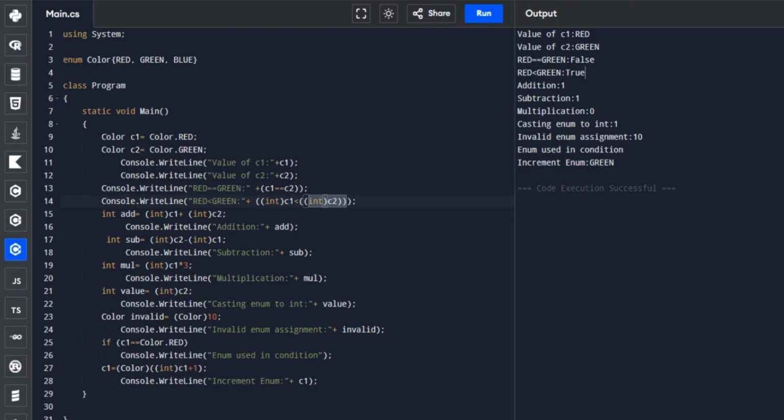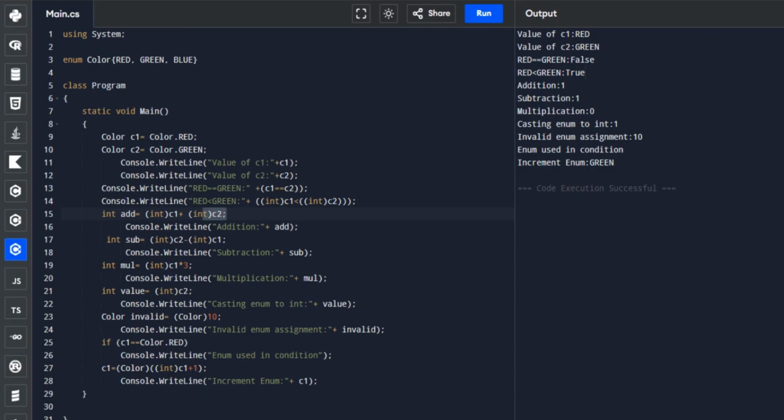In addition, we also cast C1 and C2 and put the value into add, and that's why for the addition it displays 1, because C1 here is 0 and C2 is 1.